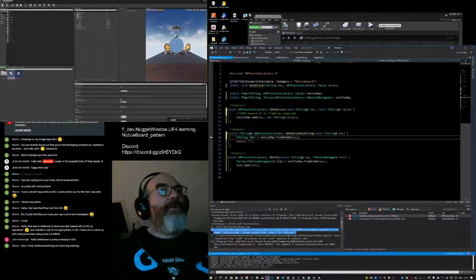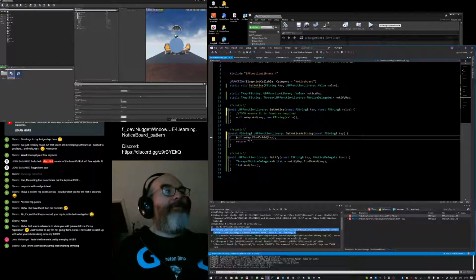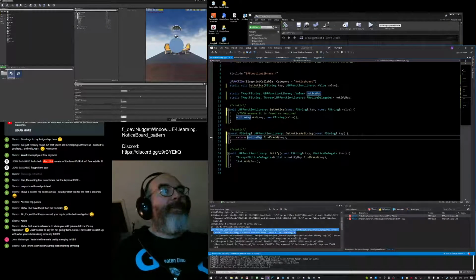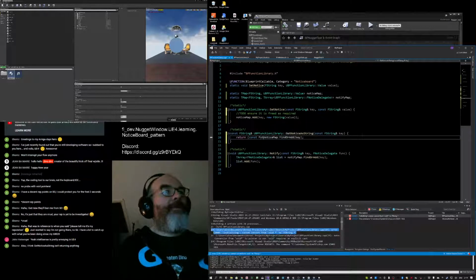In which case, let's see if I can do it in one line. The notice map returns a void pointer. The void pointer needs to be cast to a const F string. I'm going to just try it, though I suspect Milo will complain, but just try that naive way.